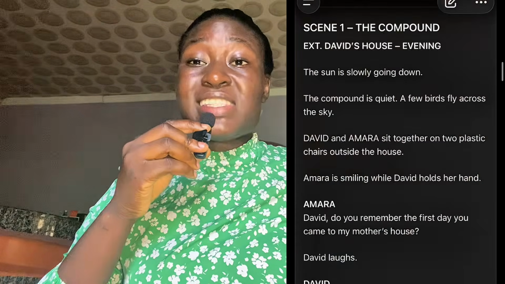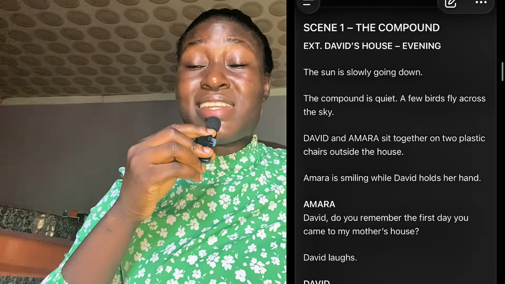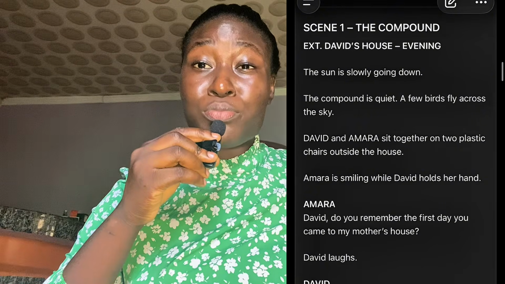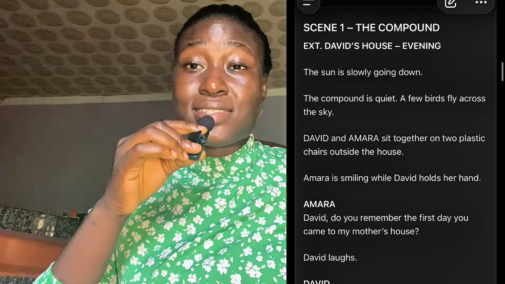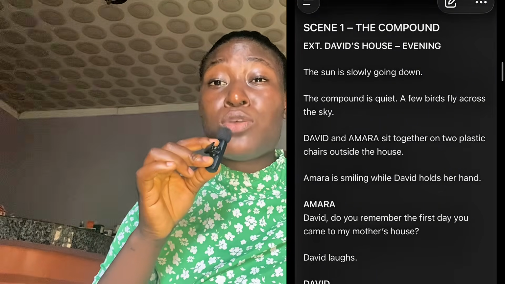We have just finished generating our reference images. Starting with scene 1, it says outside the house. Make sure you read your prompts. Take note of your characters. In this scene, we have 2 characters. Your first scene is saying people are outside the house. Now you want your image generator to generate outside the house with the people that are sitting outside the house.